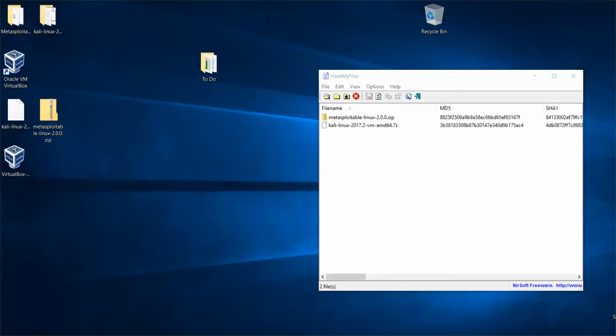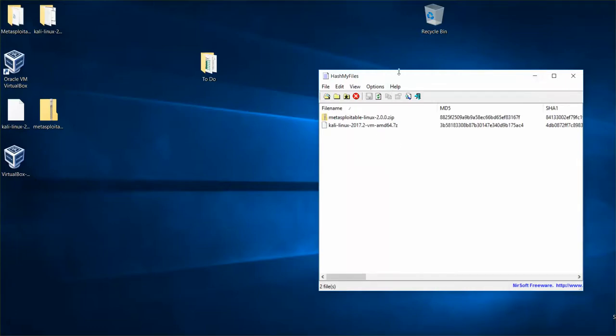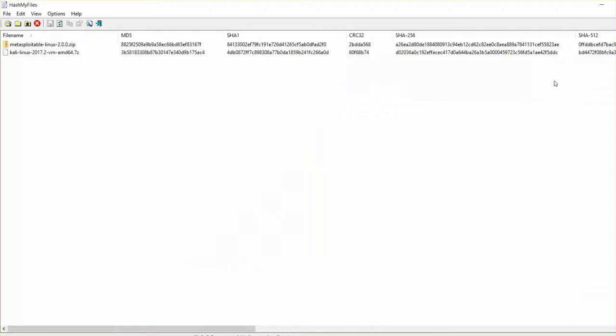Once we start it up, we are going to see this window, and then we drag and drop the files we would like to have hashes computed for. Depending on the size of the file, it may take a couple minutes. Once the calculation is complete, you're going to see a screen like this, and here are the different hashes. There are different formats: MD5, SHA-1. The current most prevalent format is SHA-256, the secure hashing algorithm,